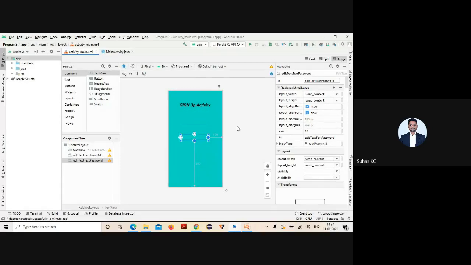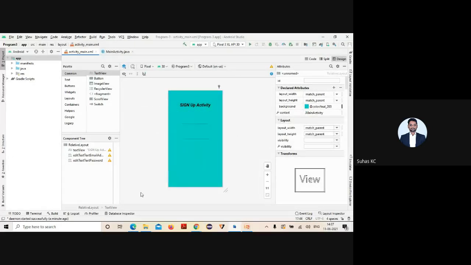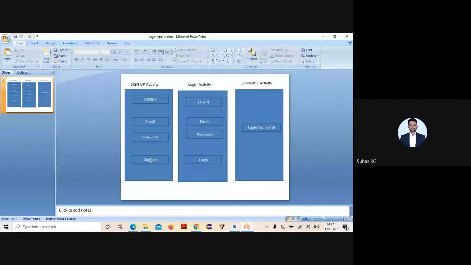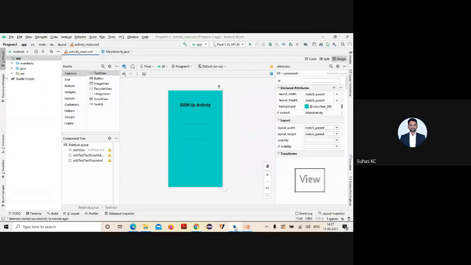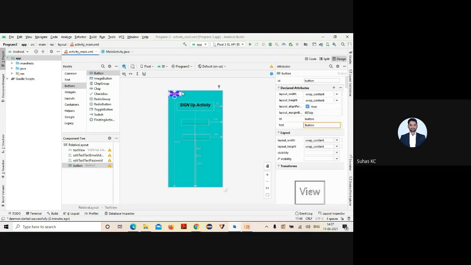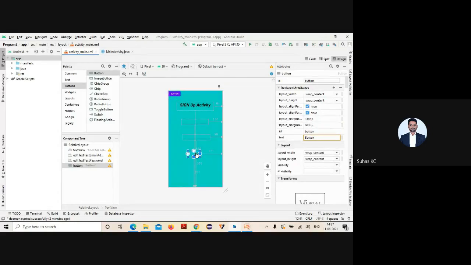Okay, as you're taking the input from this particular user, nothing is displayed as a message. And one more component you need. What is that component I said? One more component you need to take. Which is that component? Button, sir. Yeah, button. So you go to your button and drag and drop that. Just set your x-axis and your y-axis, and drag and drop that on your screen.